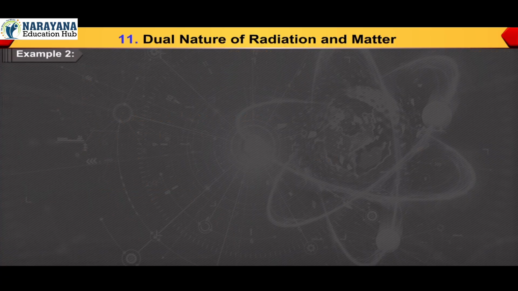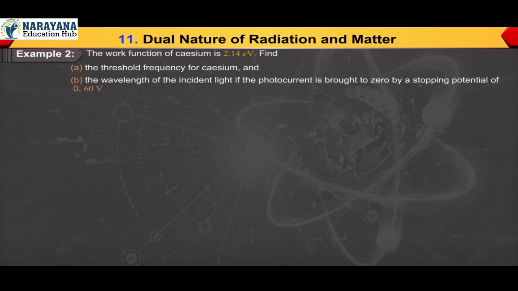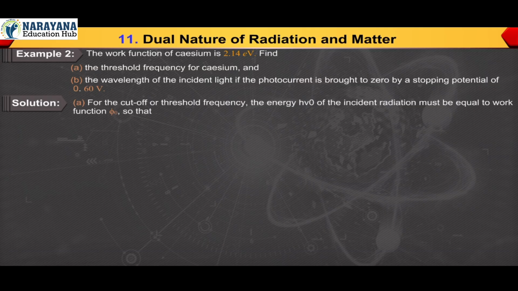Example 2. The work function of cesium is 2.14 electron volt. Find A. The threshold frequency for cesium and B. The wavelength of the incident light if the photocurrent is brought to zero by a stopping potential of 0.60 volt. Solution. A. For the cutoff or threshold frequency, the energy hν0 of the incident radiation must